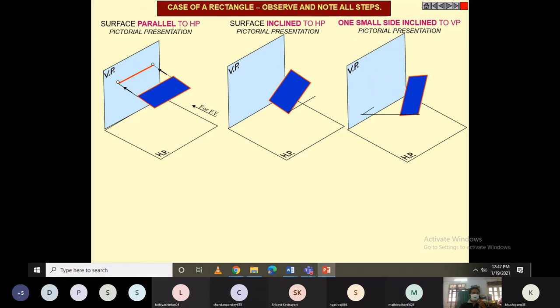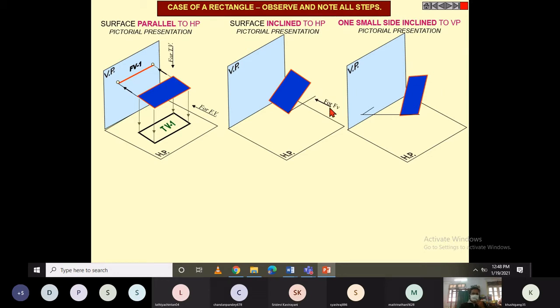At the same time, if we look from the top, we are able to visualize the actual shape or true shape of this plane. That means the rectangle is completely visualized as it is, and if we project it on the horizontal plane, the end projectors can be extended in this way, and definitely we are in a position to see the complete rectangle. Because these four edges are visible at the same time, this surface is also visible from the top. When you look from the top, definitely the entire surface is visible. That is called the top view.